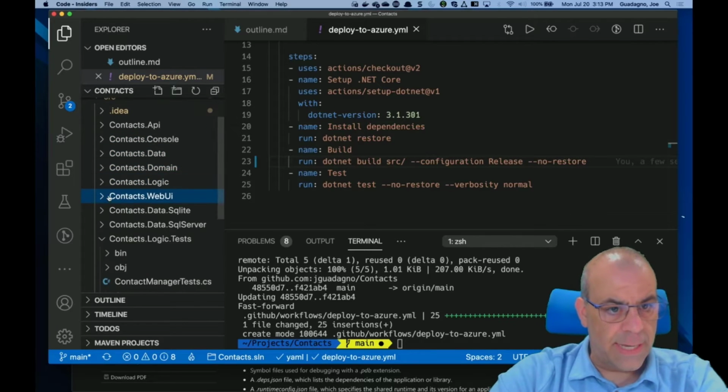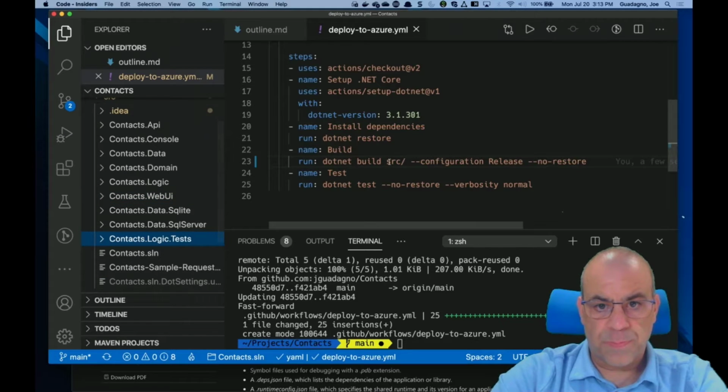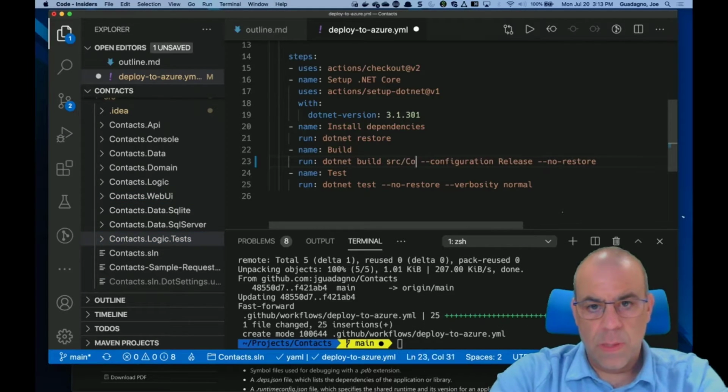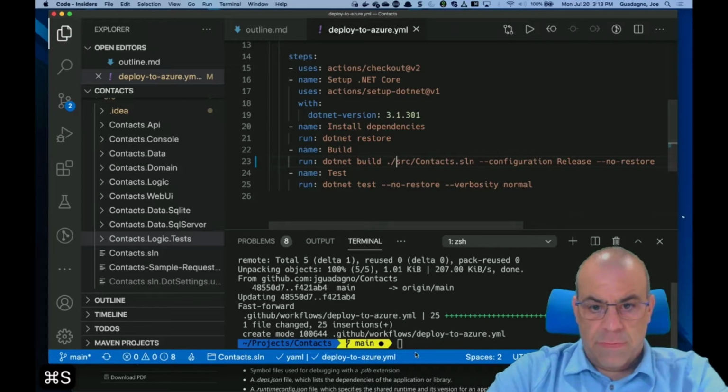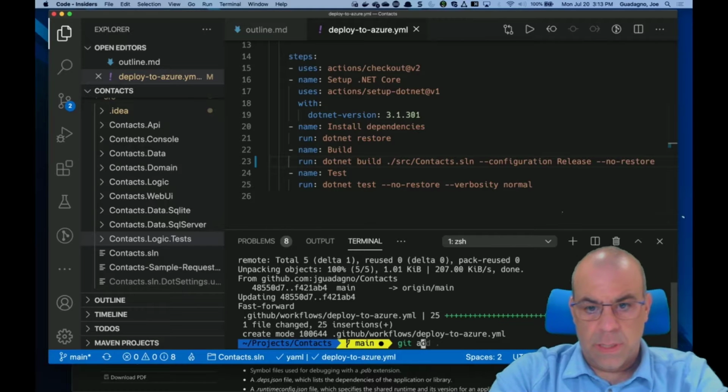It's just context.solution. Yep. Let's try this /. I'm going to save and then do a git